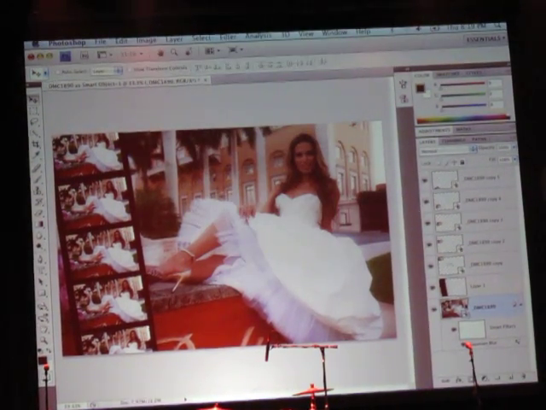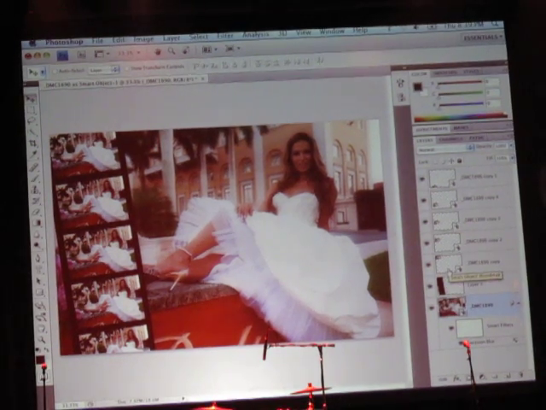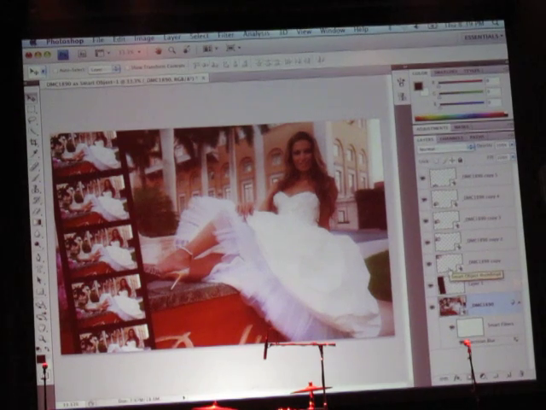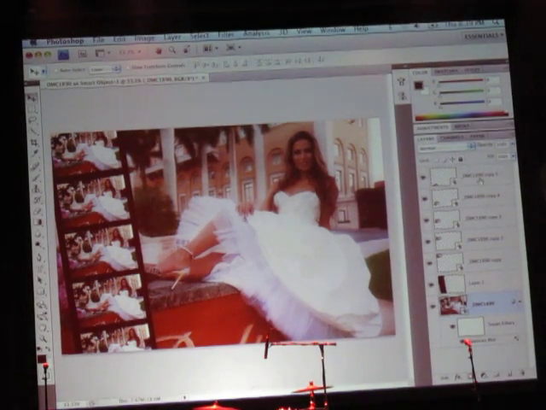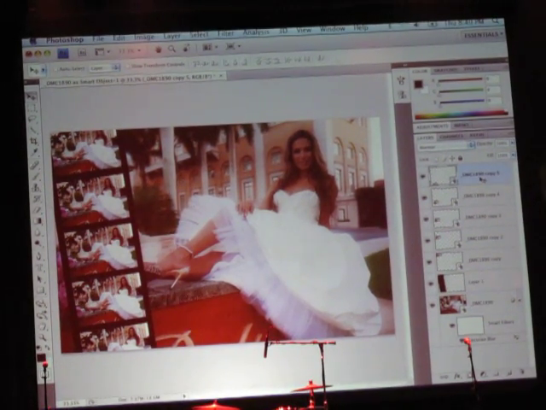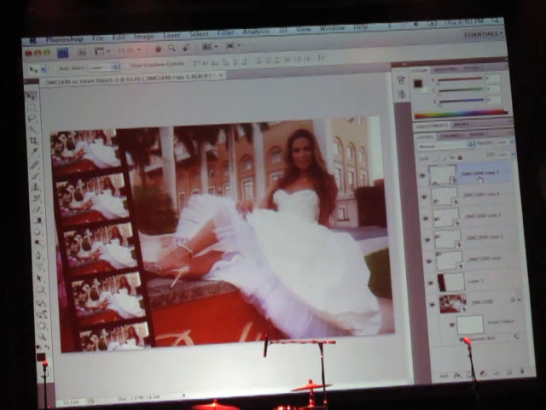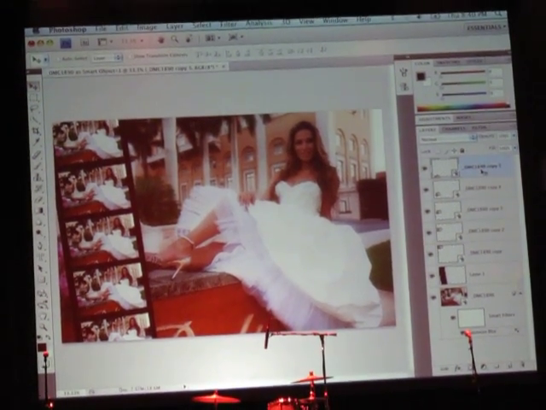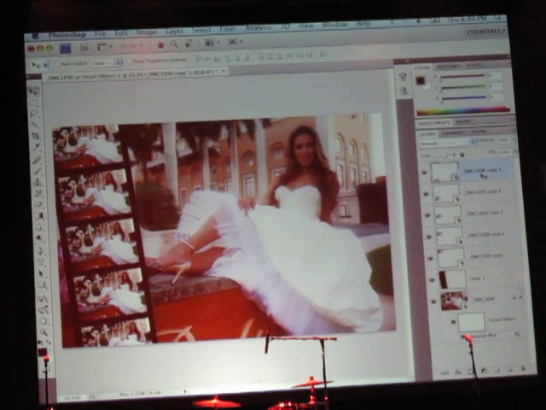That's pretty cool. And so now I'm finished. I've done this, I've shown it to the bride, she loves it, and then it's time for my next wedding, but because I did all of this with smart objects, I can take any one of these smart objects. And by the way, before I do this, I could still go back to Camera Raw and change all of these on the fly, but the really interesting part is because these are all kind of duplicates of the original